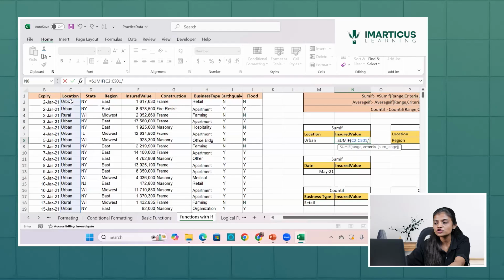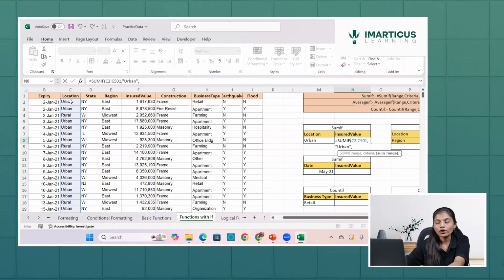Double quotes can be used very efficiently. So when I write quotes urban, that's the location which I want to find out. In that SUMIF, for the range of cells C2 to C501, find urban,